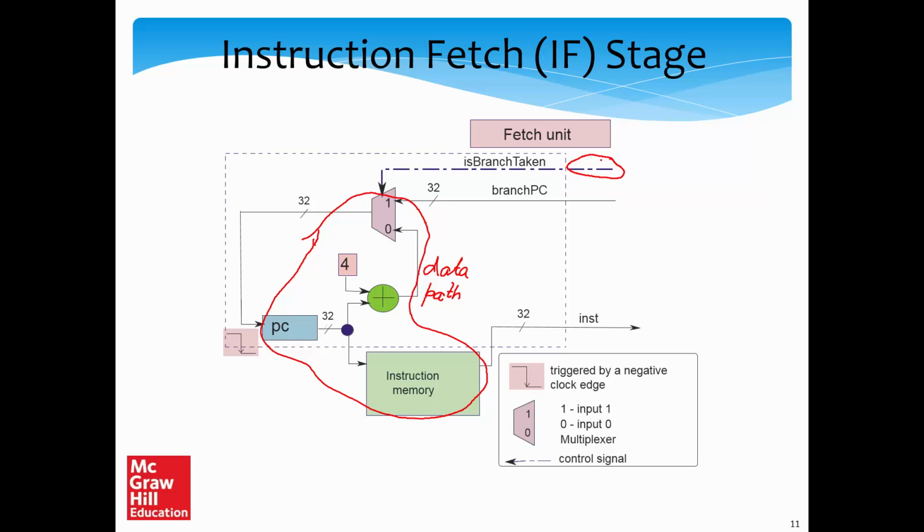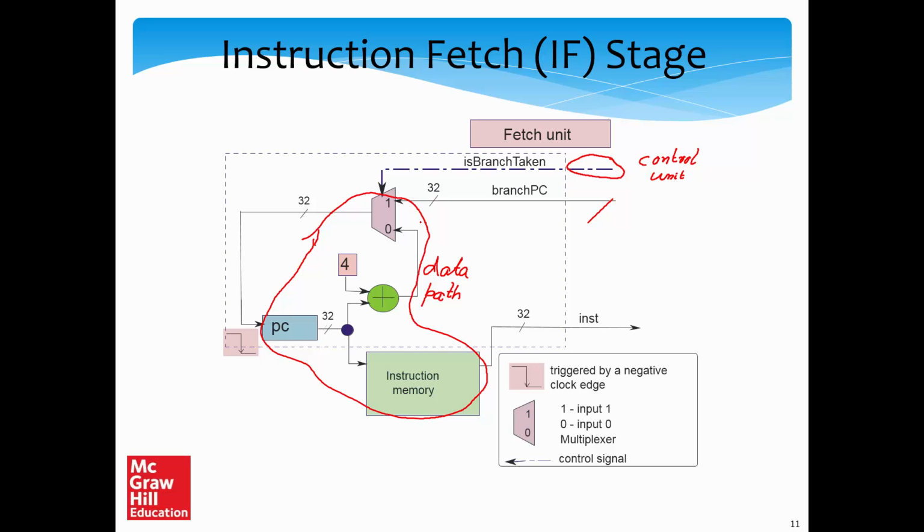The signal to control this multiplexer, and also the control unit that generates this signal, they comprise the control path. So the control unit and these wires to control the multiplexers are part of the control path. Whether the multiplexer per se should be a part of the data path or the control path depends on the interpretation, but we would like to keep it in the data path